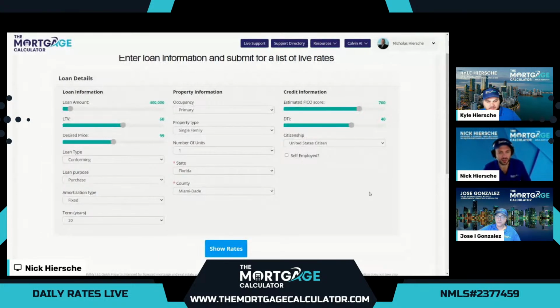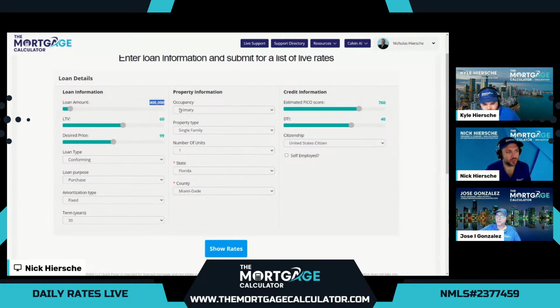So as Kyle mentioned, this is our pricing tool. This will have the general rates and APR for today. It is October 12th, just after 11 a.m. So we'll see what the basic programs have with the new rate sheets today. Definitely had some downward momentum the last couple of days. Looks like the markets have stabilized here a little bit. But we'll go ahead and set up a scenario we can compare across all the different programs.